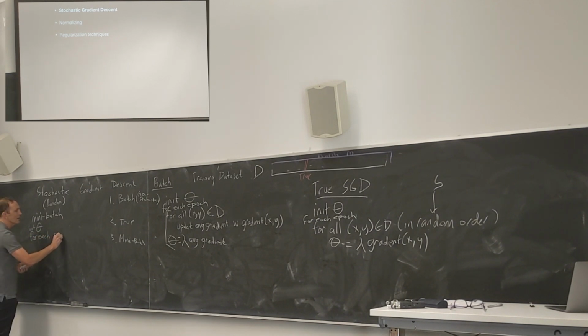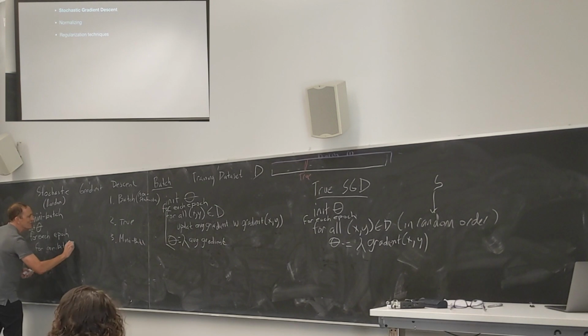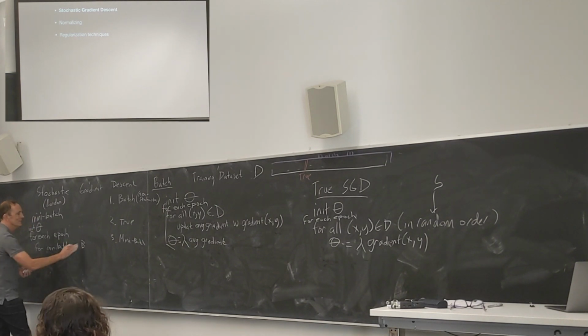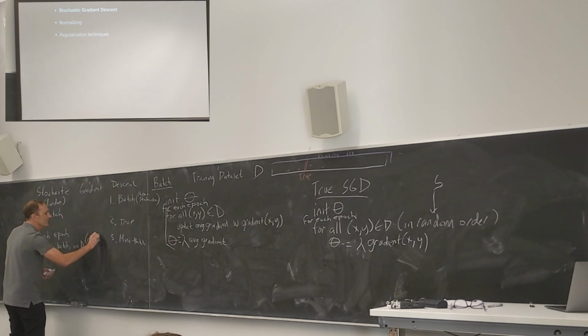We'll go through each epoch. And then for each mini batch in B, D, and this is a random subset